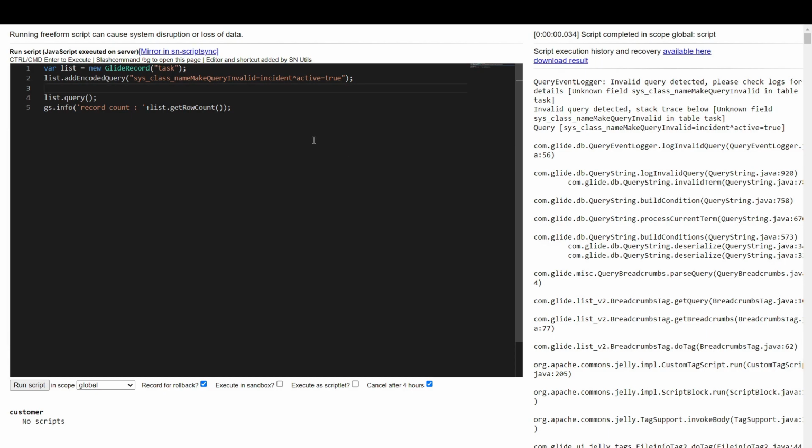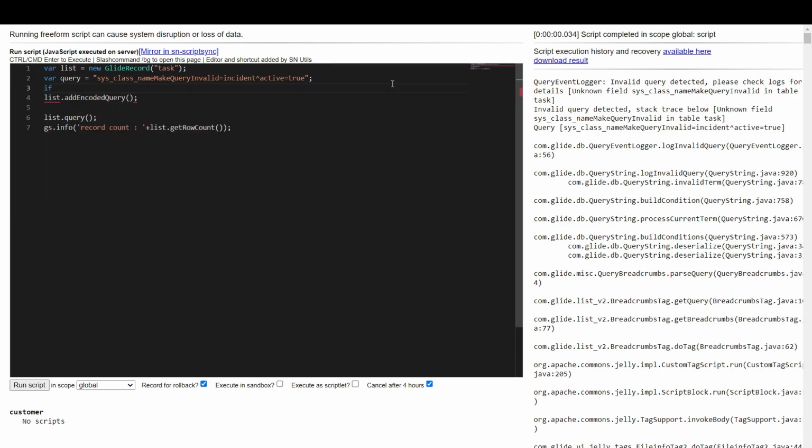So what I will do, I will just cut this query with Control X, and go over here: variable query equal to, let's put this string 1. Sorry, it's already there in the inverted commas, right? So I'll just remove this and 1. So this is a query, and before adding it to the encoded query, what we can do,